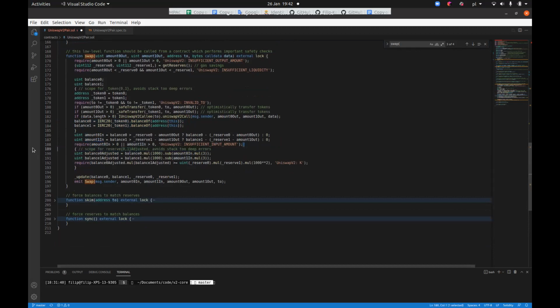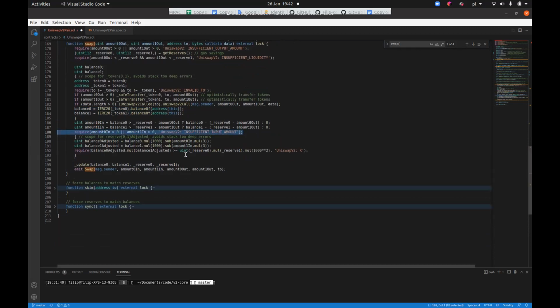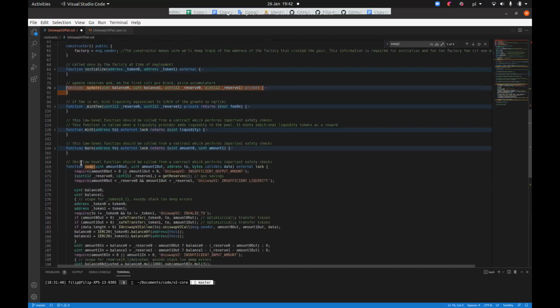Another check here, and basically adjusting the balances, which once again are checked, and then if everything is fine, it's firing the update function, which we will go through in a second, and at the end it's just emitting the swap event. So if we go now to update,